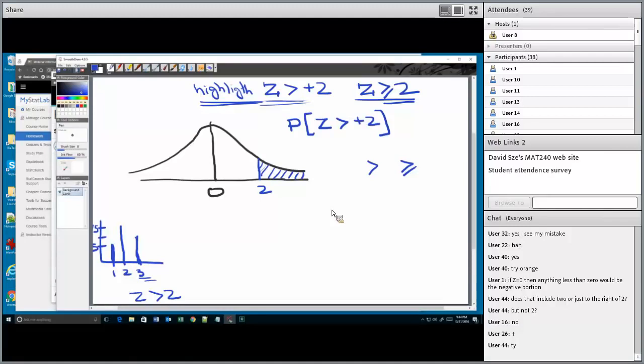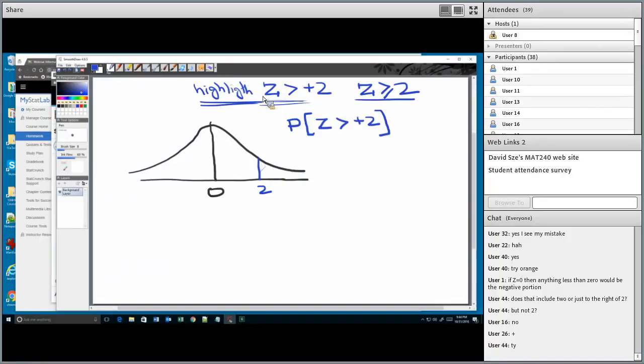All right, so let me cross this out. Okay, now I'm going back to what I was mentioning here, which was, how about I not write this whole highlight thing and I just say P of z greater than plus 2. This basically means I want you to highlight the area that is z greater than whatever number I gave you. Do you know what P stands for?